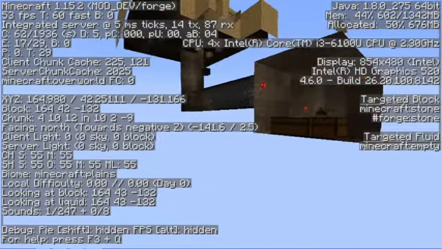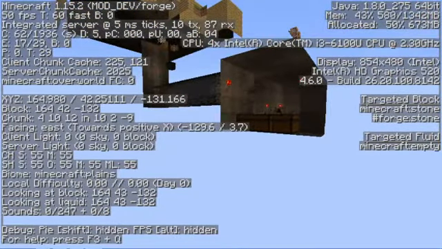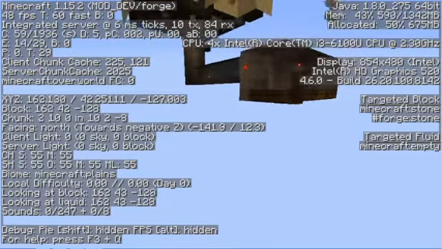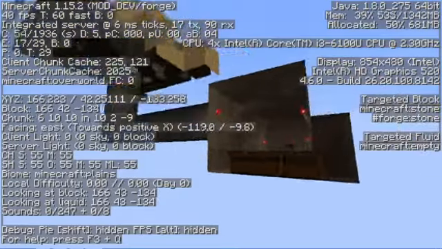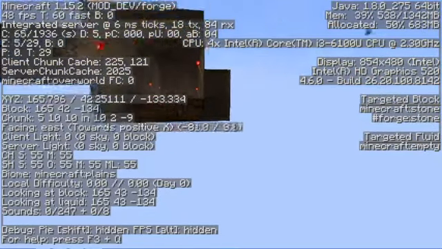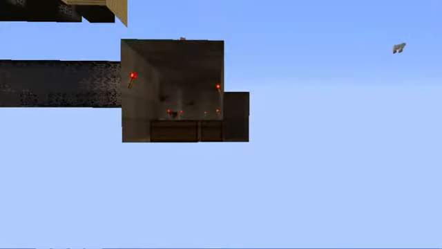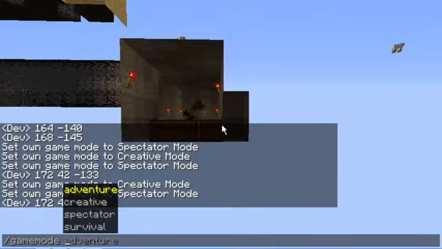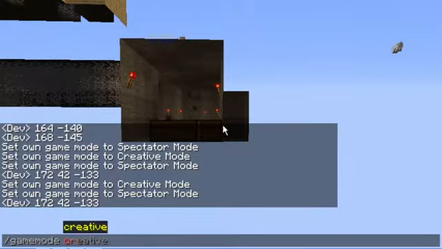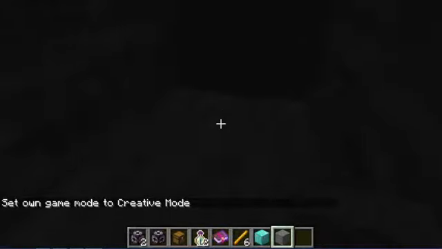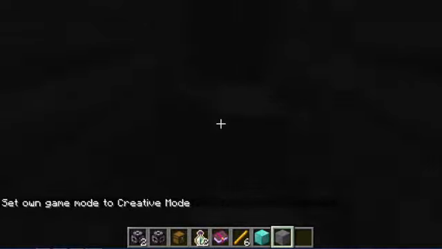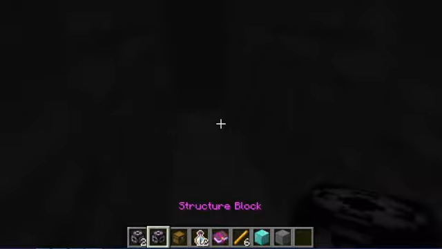And then I need to go like right around here. So /gamemode creative, break those two blocks, and if I break these over this way, it'll start right there. Okay, so let me go ahead and place you there,